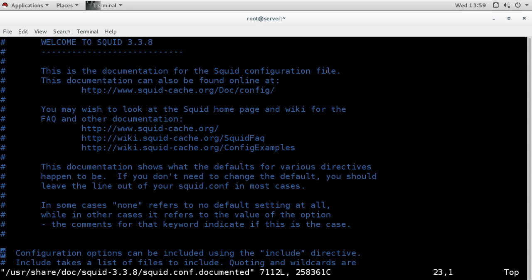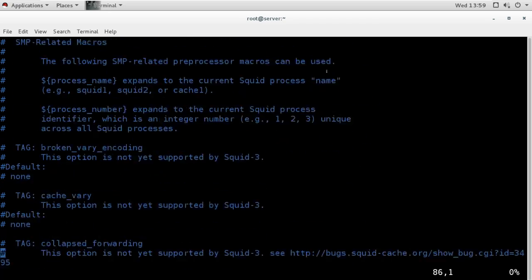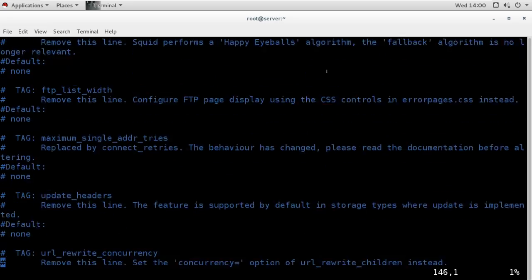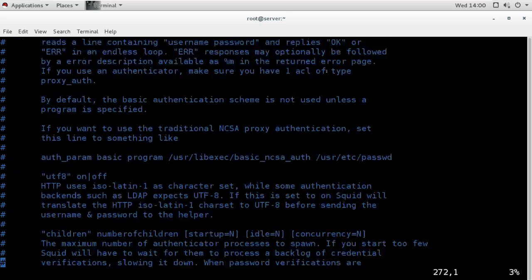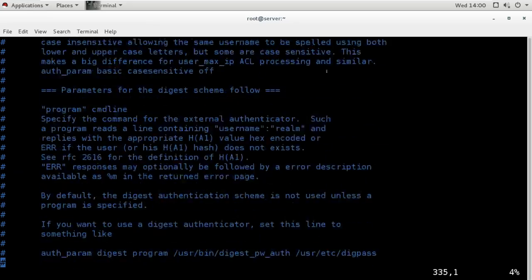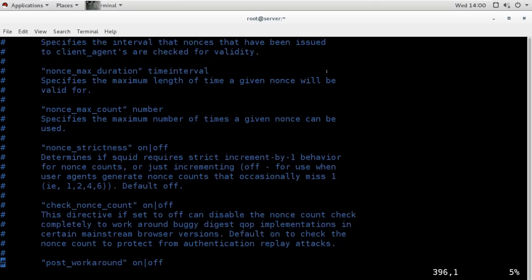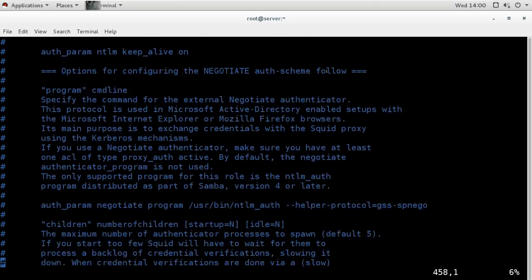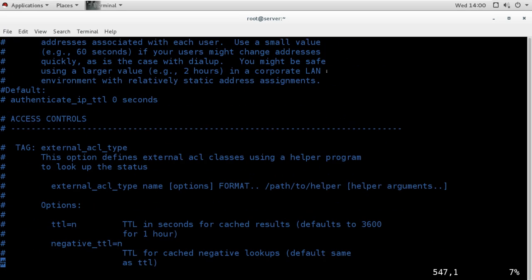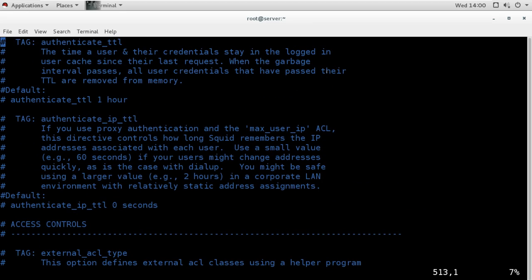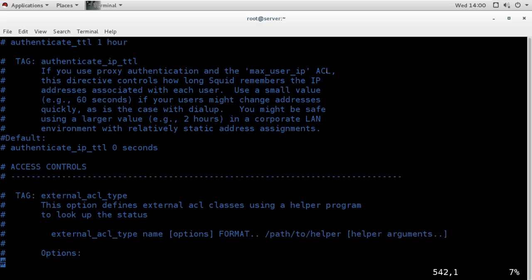It has the whole documentation about this, and it is a very big file. You can go there, and there are all the options and parameters, and among them you have the option to choose the ACL. There is a section for ACL also, and this is the section for ACL, access control.